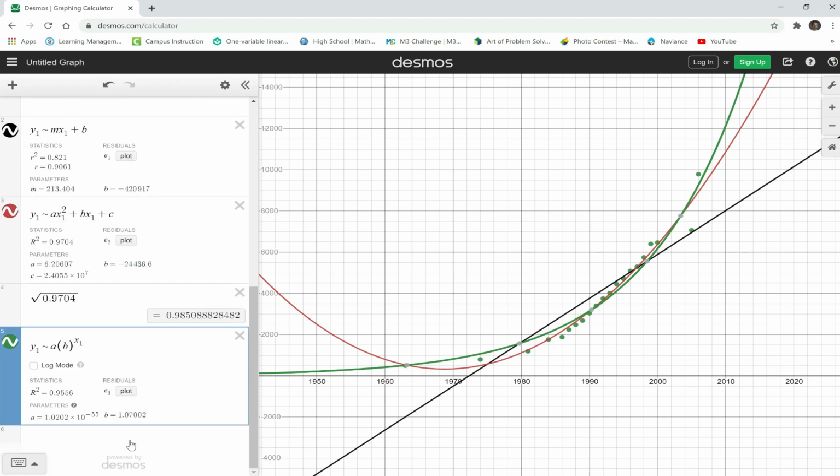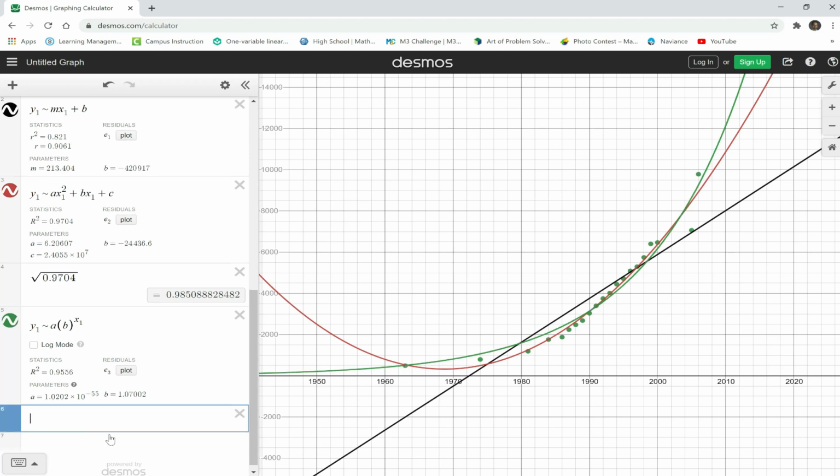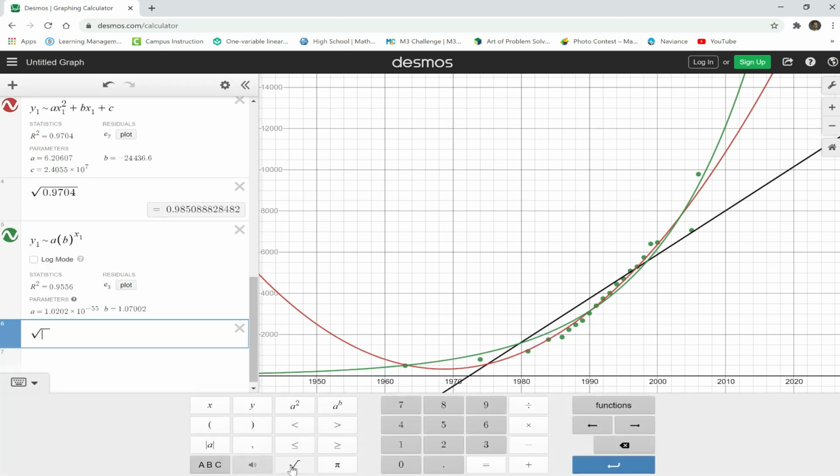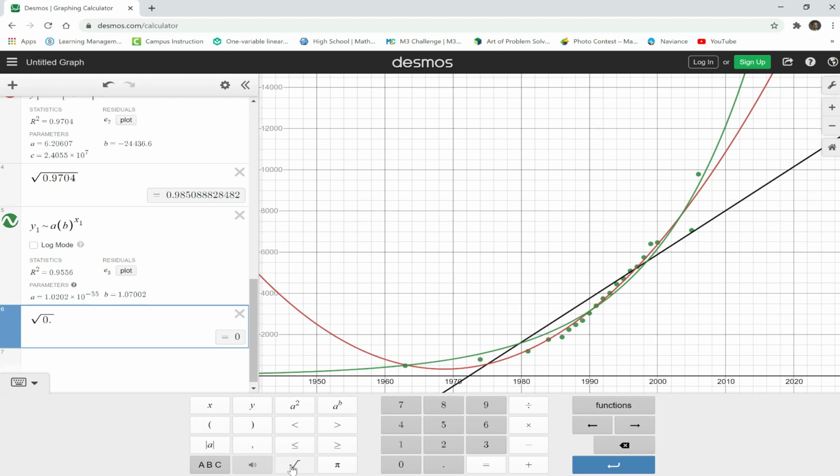Again, with the exponential model, we just have an r squared value, so we have to do a square root to find the r value. So that'll be just the square root of 0.9556, and we have 0.9775, which is slightly lower than the quadratic model, but we're going to go with the exponential model because with